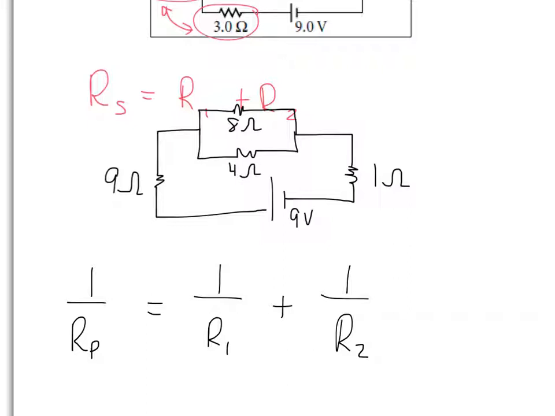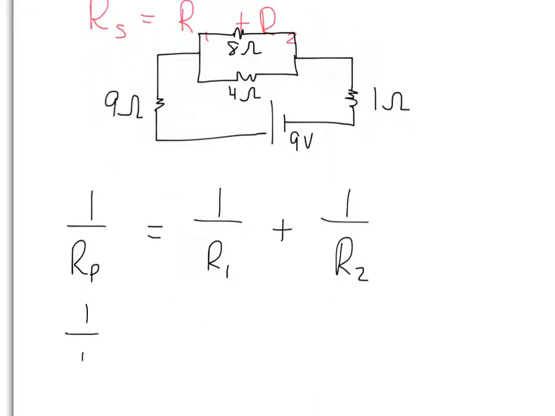So we get 1 over RP equals 1/8 plus 1/4. That happens to be 0.375, which is 3/8. It's an easy fraction, so if you want to do common denominator here, you can. This is 2/8 right here, plus 1/8 is 3/8. Okay, so you get 1 over RP